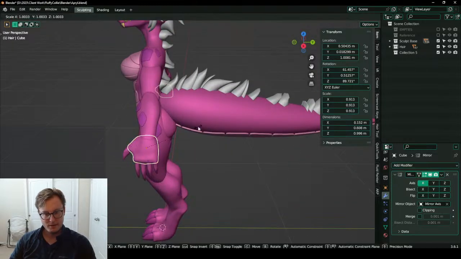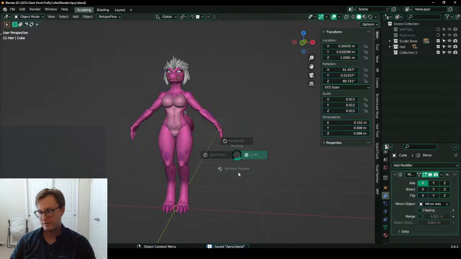I think I can make our hands a little bit bigger, but right there is good.